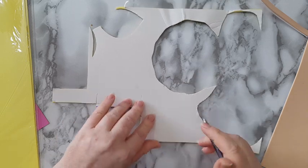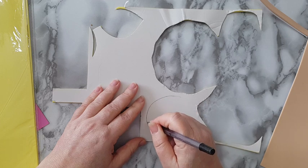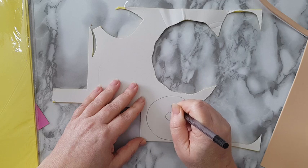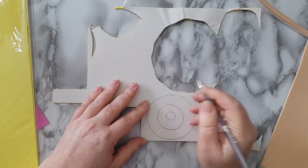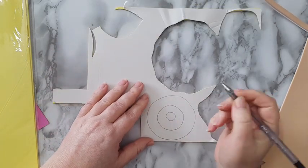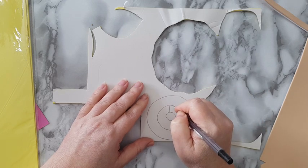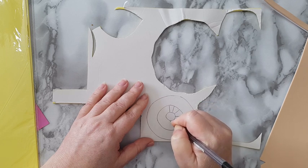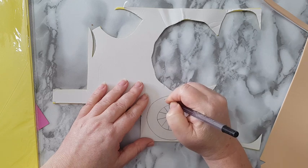So what I'm going to do, I'm going to just with a pen, I'm doing it loosely, and I'm going to cut it. Now on this kind of craft foam, the thin one, you can also do indentation with a pen and call it a day, but I find that sometimes I prefer to cut the pieces